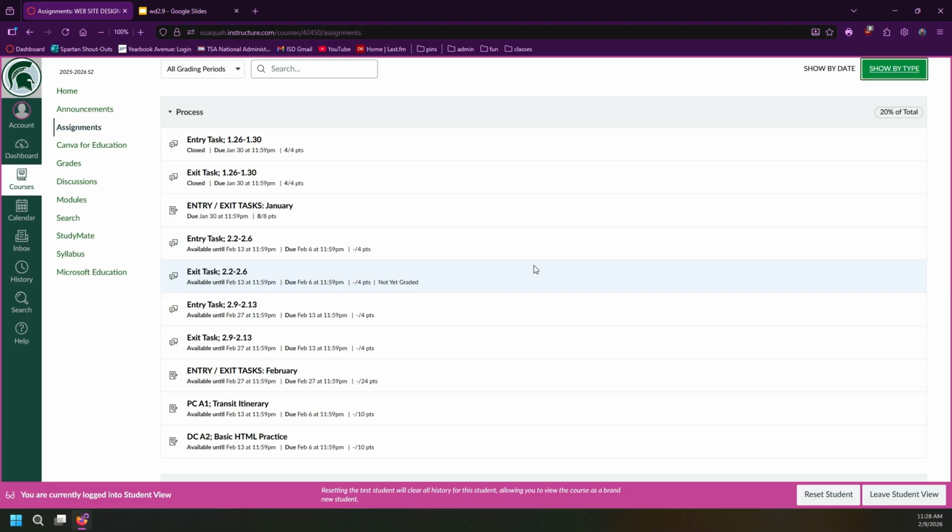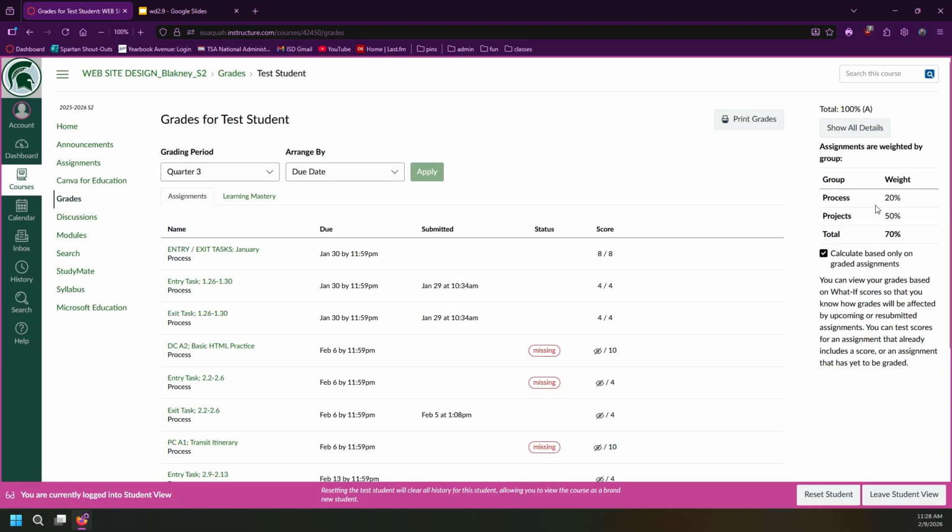And you can also see the project All About Me page is right here, and then I added a sample final so that you can see all of the percentages of the class. Okay? So if you look at your grades, you'll see that it doesn't say right now, but it'll show you how much each of these different categories are worth in case you needed a reminder. And you'll also see that your January entry and exit task grades have been posted,